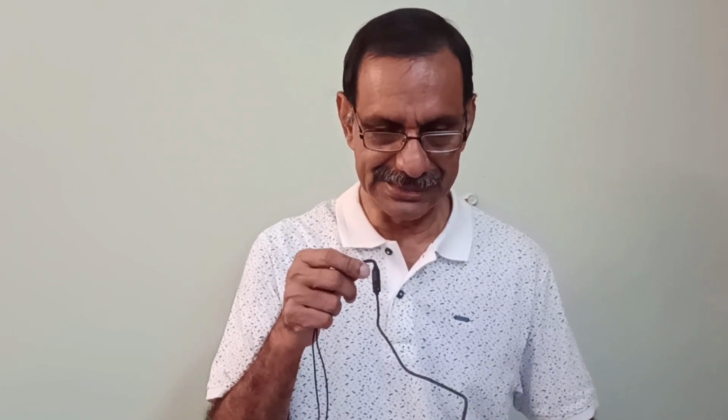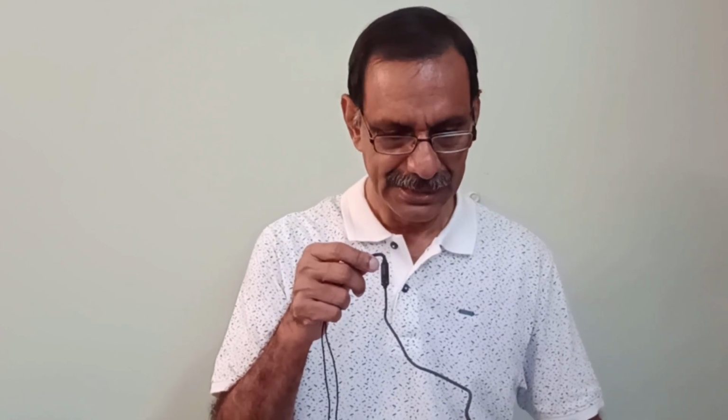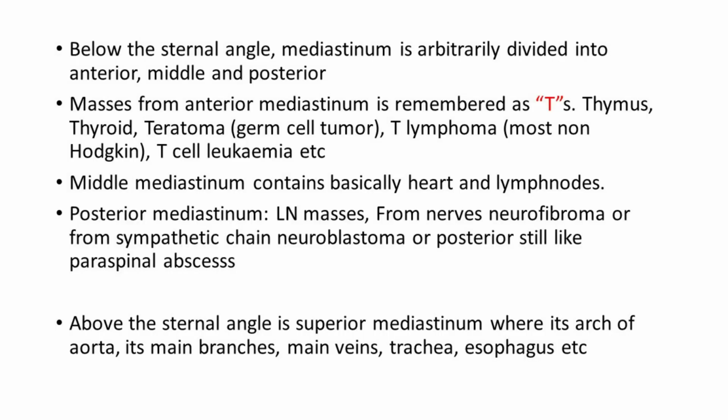Superior mediastinum is above the sternal angle, which contains basically the vessels, the arch, the aorta, and the main vessels. So inferior mediastinum, the anterior mediastinum is what we have already described as various T's. Middle mediastinum basically contains the heart and a few lymph nodes, and the posterior mediastinum that contains various nerves and lymph nodes. And nerves,